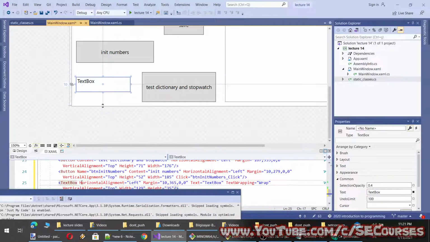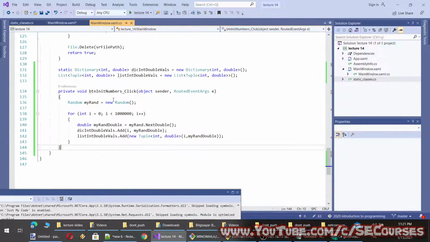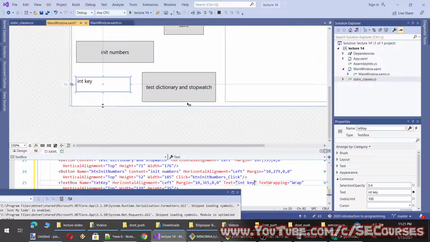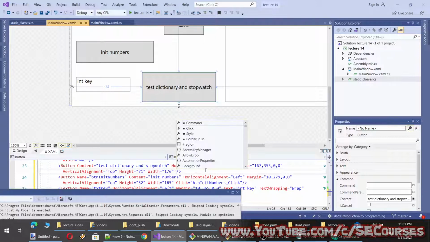So this will be a time test, a performance test actually. It takes the key. Okay, this can be an integer key. All right, and here we will access that key and get the value of that key with a stopwatch.